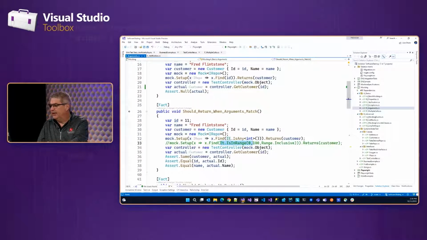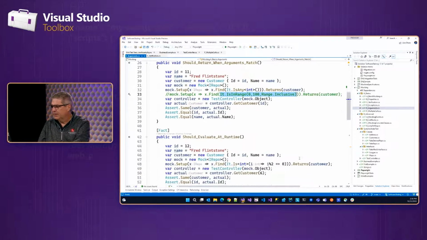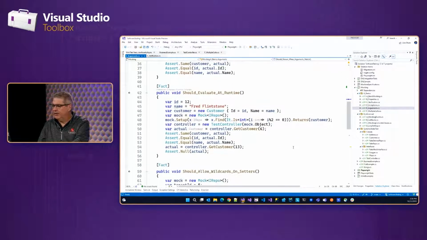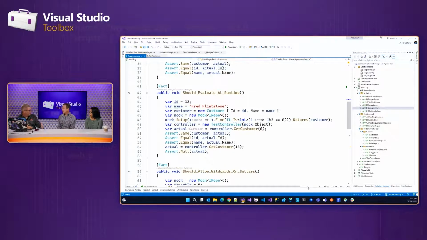We can also do ranges, whether it's inclusive or exclusive. So I can say anything from 0 to 100, and that's on numerics. I can also evaluate at runtime. Now, again, I don't do this a whole bunch, but it could very well be that it's going to call this method based on the number of records you get from the database. Let's say you're cleaning the employee record. I don't know what cleaning means, but pretend it's a function.